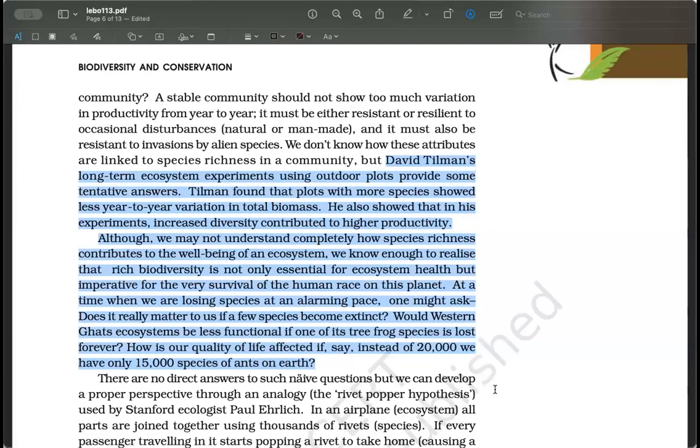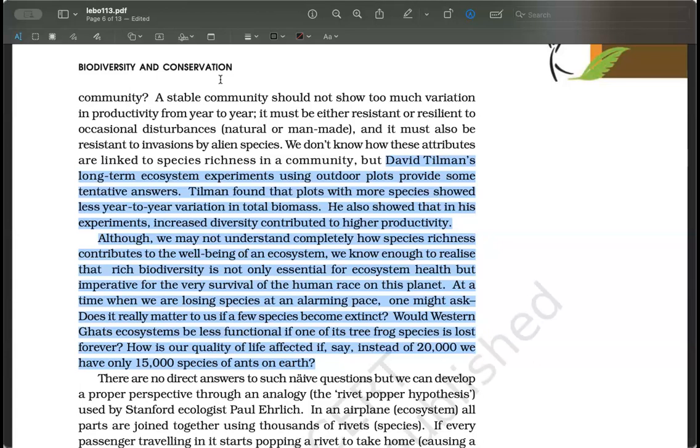David Tilman's long-term ecosystem experiments using outdoor plots provide some tentative answers. Tilman found that plots with more species showed less year-to-year variation in total biomass. He also showed that in his experiments, increased diversity contributed to higher productivity. Although we may not understand completely how species richness contributes to the well-being of an ecosystem, we know enough to realize that rich biodiversity is not only essential for ecosystem health but imperative for the very survival of the human race on this planet. At a time when we are losing species at an alarming pace, one might ask,